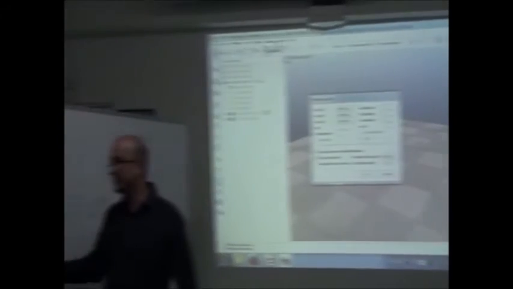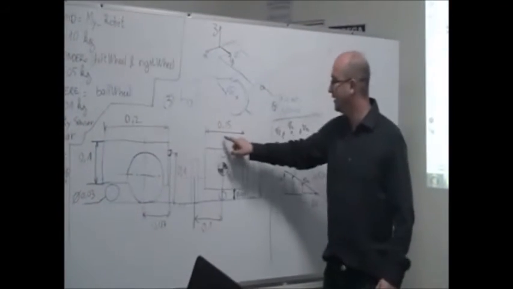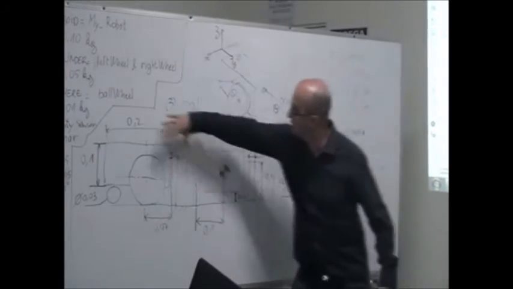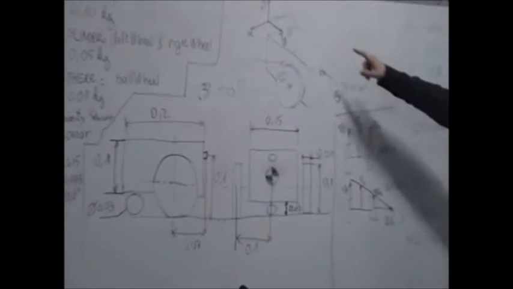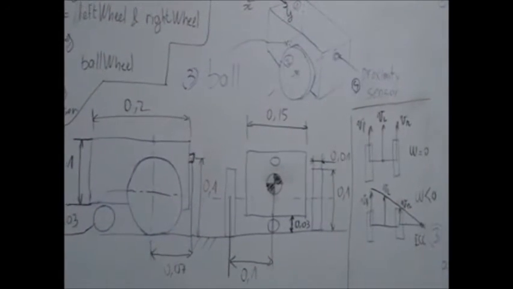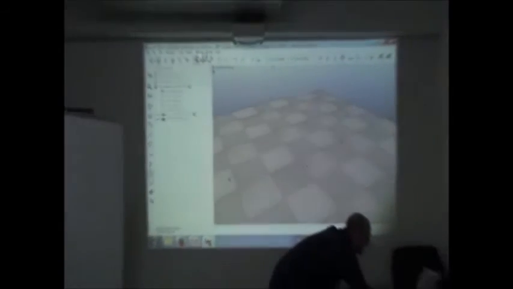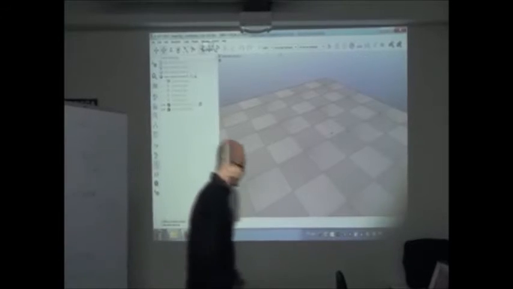I wrote here the specification of the cube that I want to have, the size of the body. So we have 15 centimeters by 10 centimeters by 20 centimeters. Okay. So let's do that. Let me change the orientation for simplicity. I did the orientation here. Okay. So add